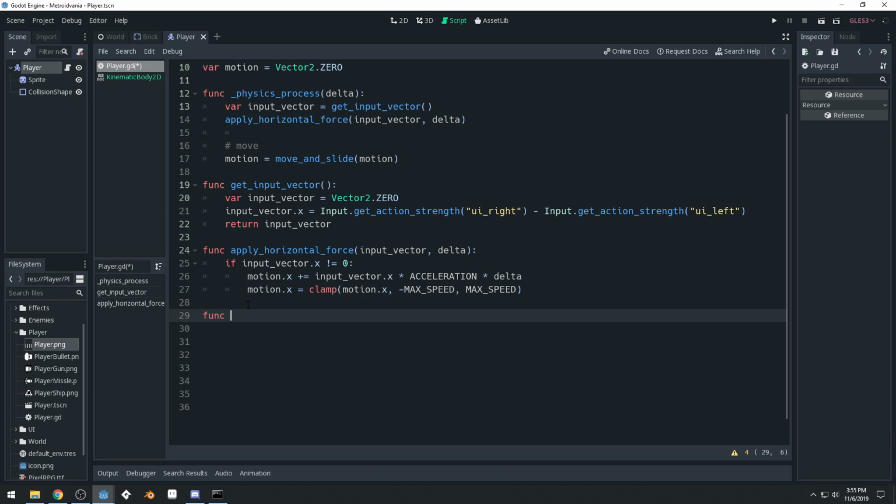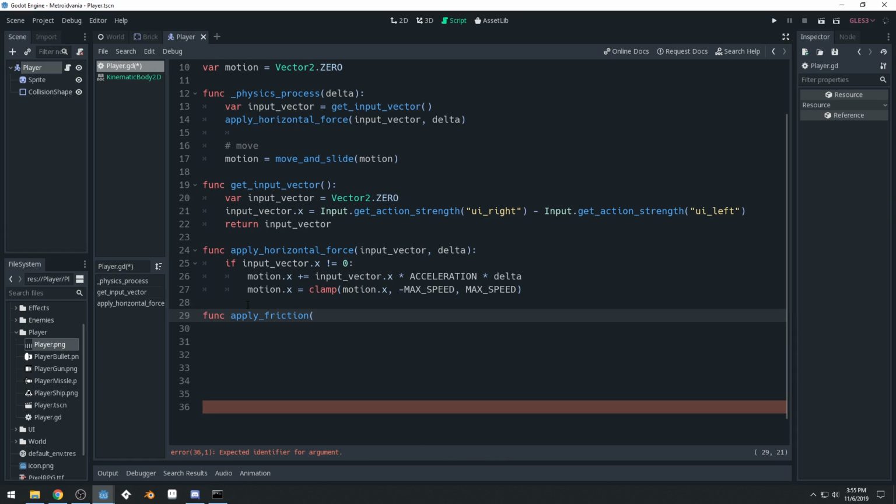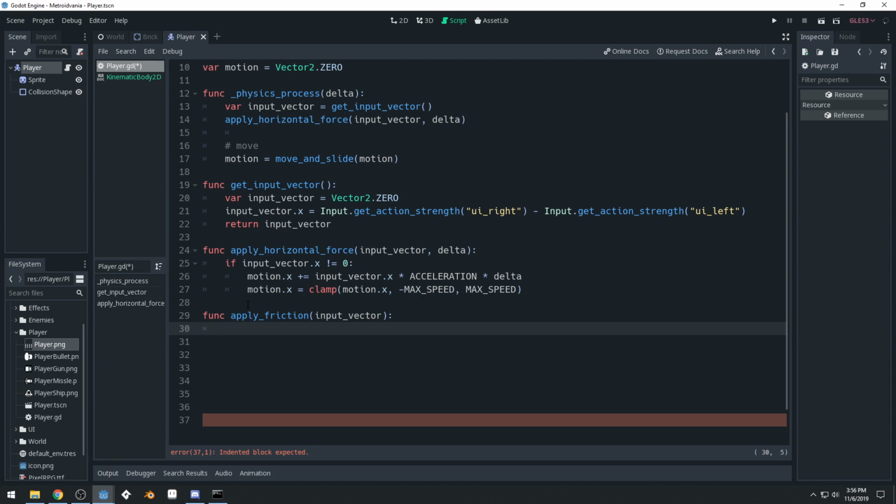Now we'll apply our friction, apply friction. This will need an input vector as well. However, since we're using linear interpolate to apply friction, we shouldn't need to use delta. At least that's my understanding. We can update this part later, but I'm pretty sure we don't need to. So we don't need to pass in delta. We can just say if input vector